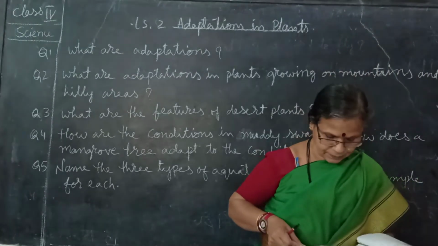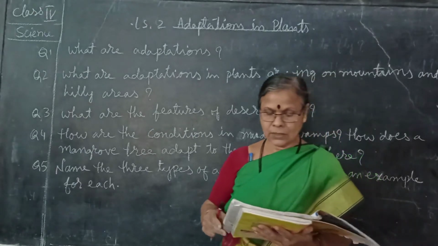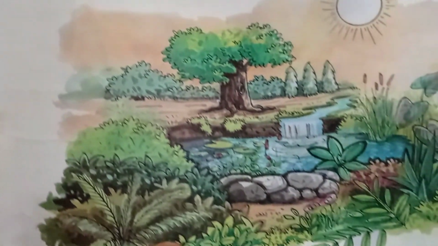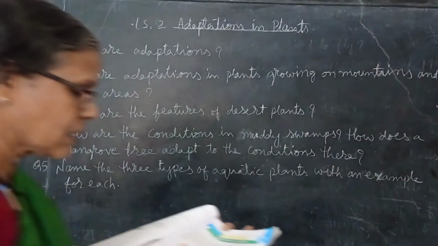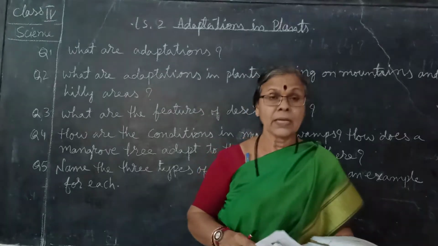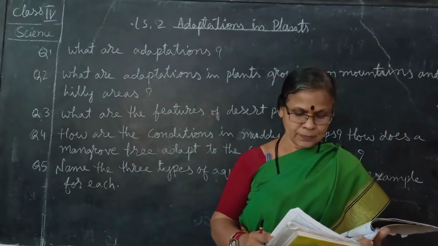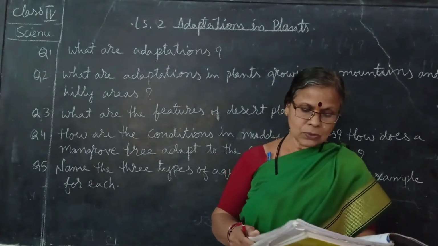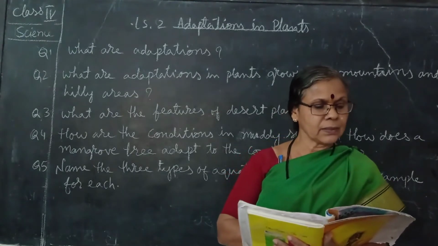Open the page number 195, second lesson. You can see the picture also here. First picture you can see here. This picture, observe this picture. Plants. It is all about the plants growing in water, high mountain hilly areas, and then plain areas. So those are the habitats of the plants, and then observe all the plants which are in the plains.